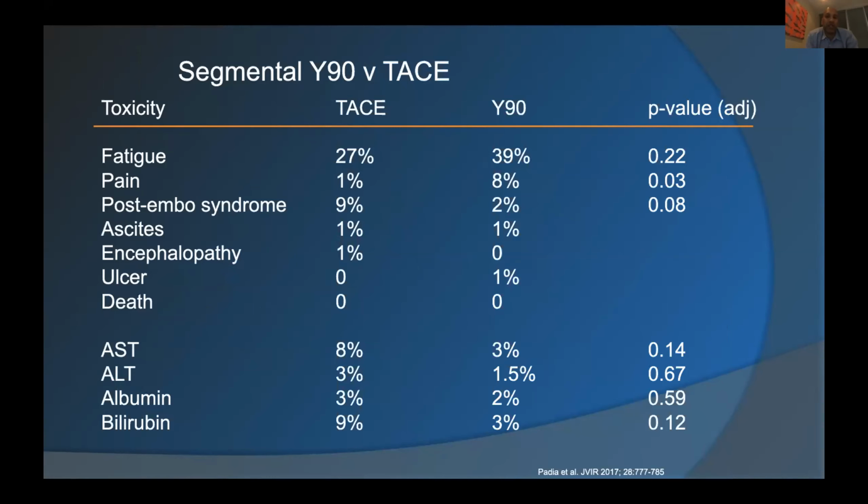When we look at our study, when we look at the toxicities, now keep in mind, you're super selective, right? So your liver toxicity in theory should be negligible. And when you look at the bottom half of this, the lab toxicities, which were grade 3 or grade 4, they were exceedingly low for both chemoembolization and Y90, right? So you're having a bilirubin abnormality of 9% in the TACE group, 3% in the Y90 group, which in all honesty is pretty much the same as you would probably get in a cirrhotic if you were to give placebo. So it really did not increase more than kind of the baseline cirrhosis population.